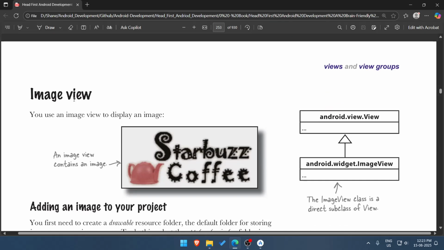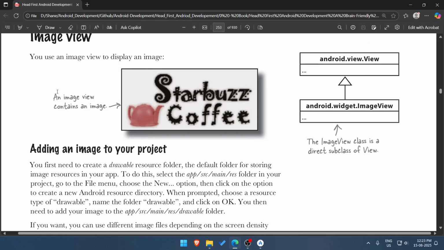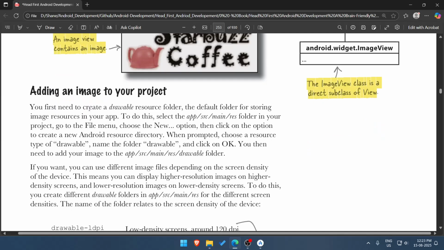Then we have image view. An image view contains an image. The ImageView class is a direct subclass of View. Adding an image to your project: you first need to create a drawable resource folder, the default folder for storing image resources in your app. To do this,